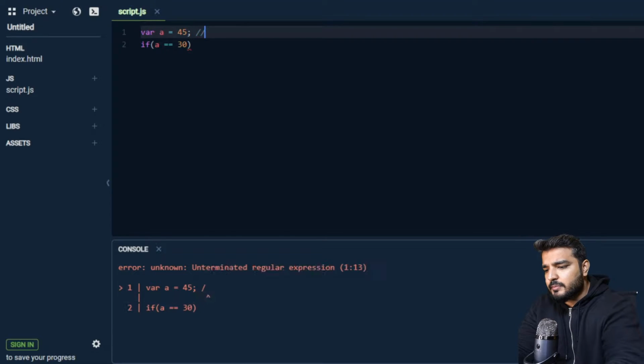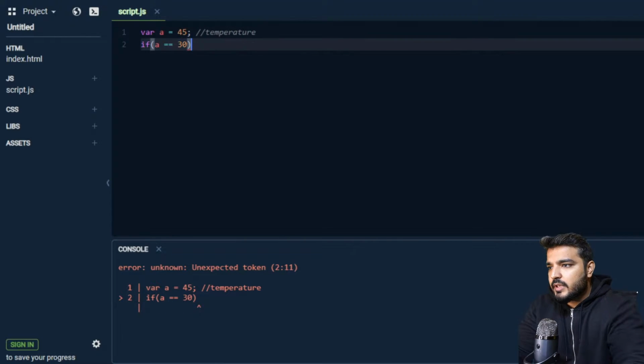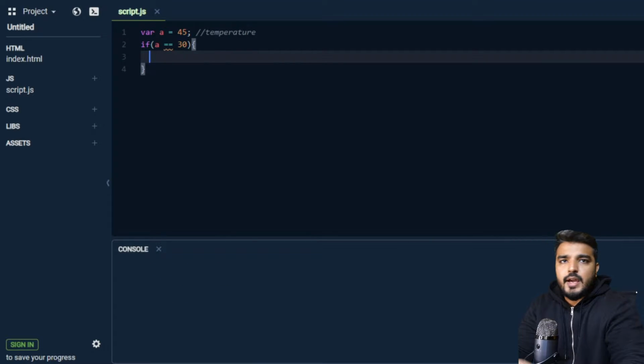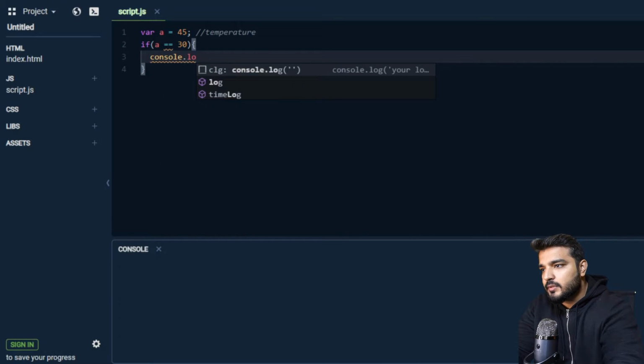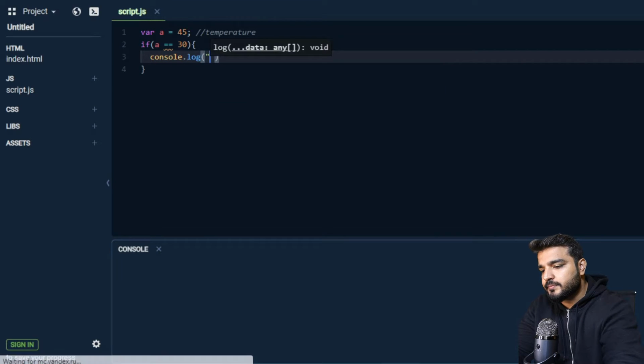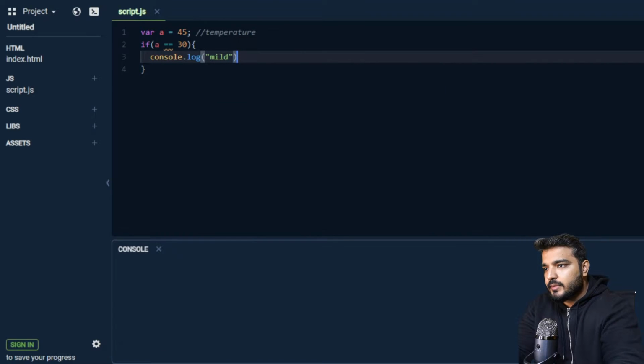Let's say this is temperature, and let's say I would print something like, for example, countries residing in the subcontinent, for them 30 is a mild temperature. So I'll just console out mild, and